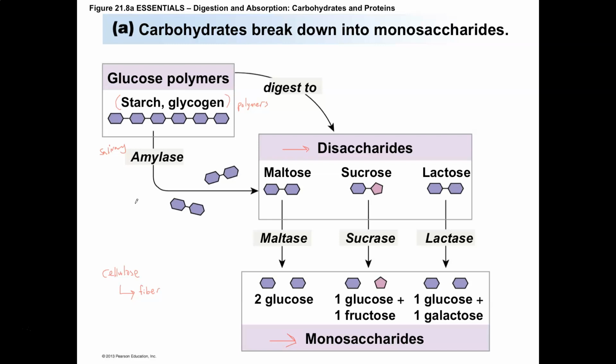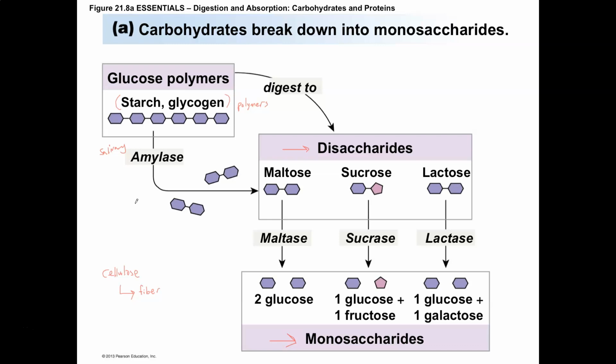Salivary amylase works at a pH of 7, so that's its optimum. Once you swallow and move material down the esophagus and into the stomach, you're going to see a denaturation of salivary amylase because it's not going to perform well at a pH of 2. It's going to be too acidic for it. Carbohydrates then don't complete their digestion until you move into the small intestine. So there's very little digestion that can occur in the stomach, and so we have to move on to the